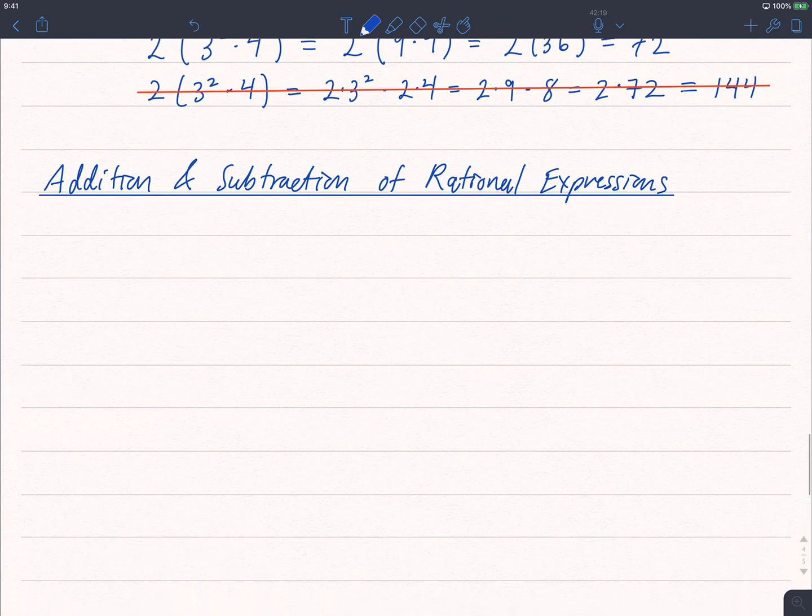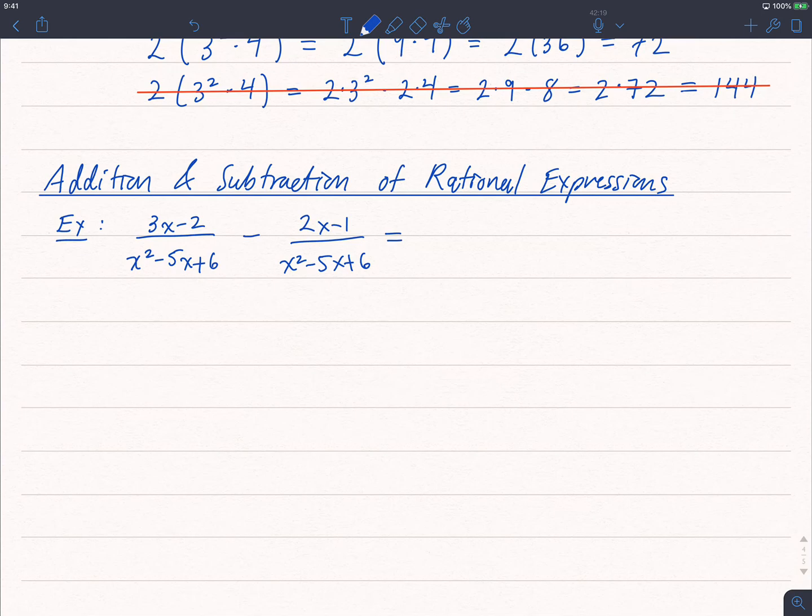All right. So let's jump right into an example. Now, just like with adding and subtracting fractions of real numbers, if there is a common denominator at the beginning, then we can just add the numerators together and we're done. So in this example, we have the exact same denominator, which means we don't need to worry about finding a least common denominator or changing either of the fractions. We can just go right into combining the